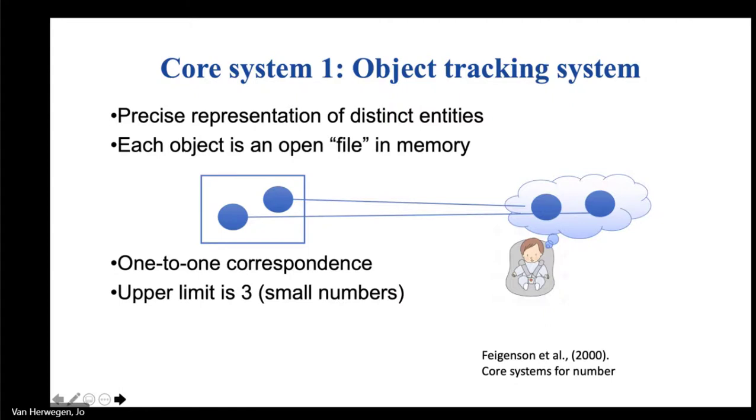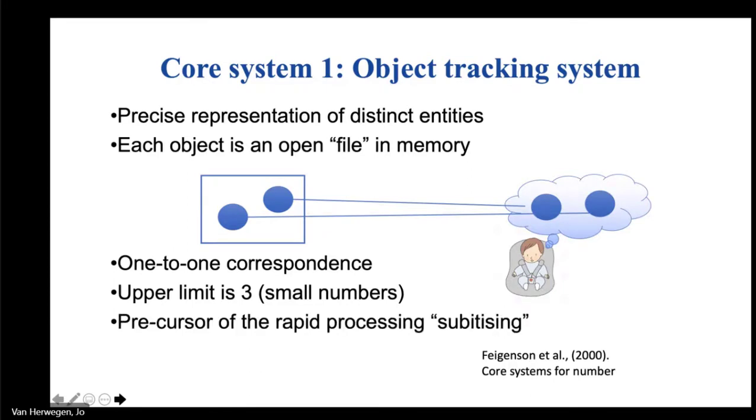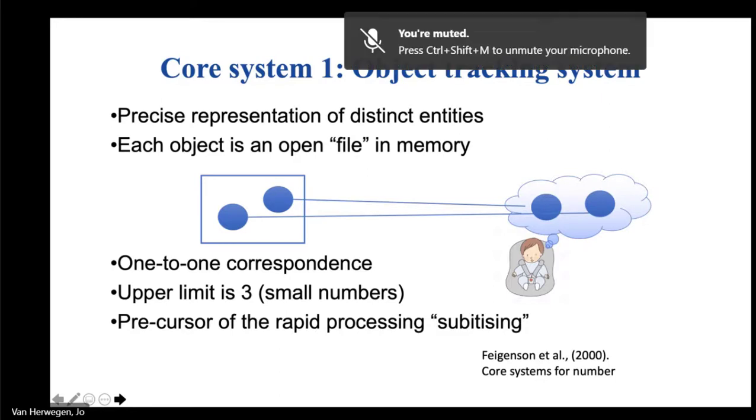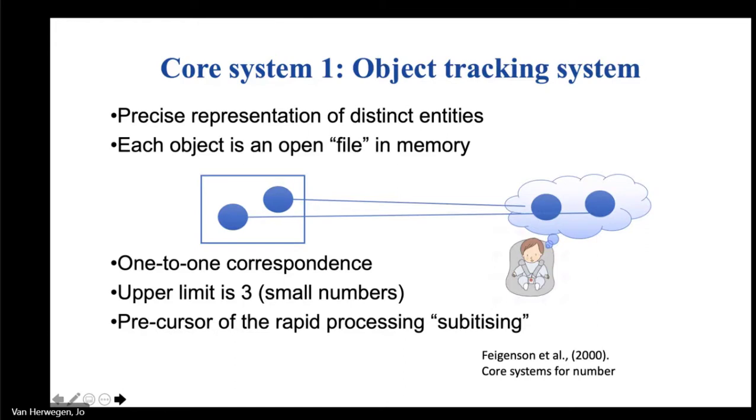And of course, because infants and even adults have a limited capacity in terms of how much information we can keep in our mind, there is an upper limit to how many objects infants can keep track of. And we know that is often 3, limited to 3 items. Now, this ability that infants have of keeping track of different objects and being able to compare 2 items versus 3 items, or doing this adding and subtraction of 1, is a precursor for a process that is